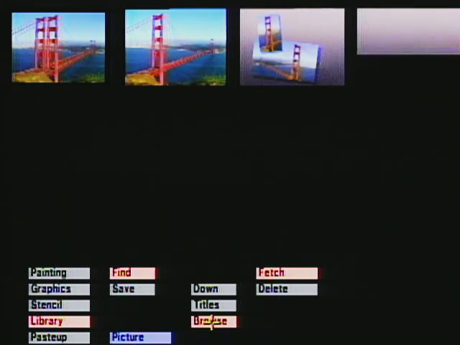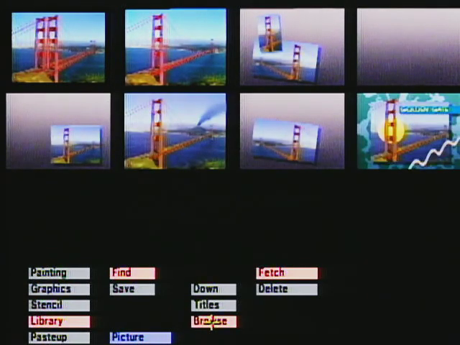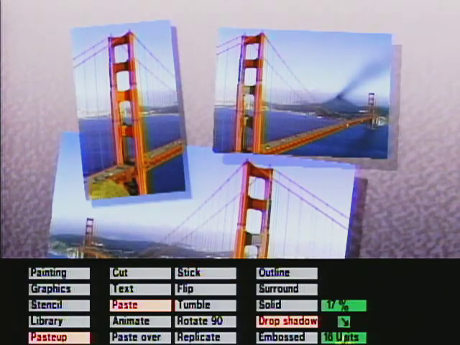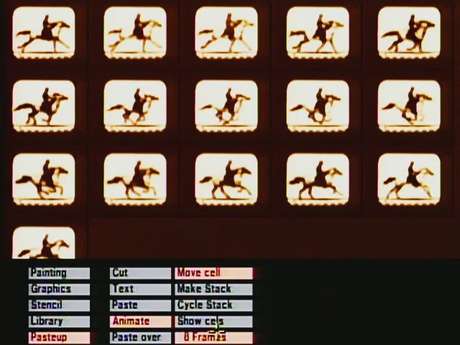The artist saves and retrieves pictures which can be altered or recalled at any time from the computer library. The artist cuts and pastes elements together or shrinks images to any size. Create motion by combining a series of still images.